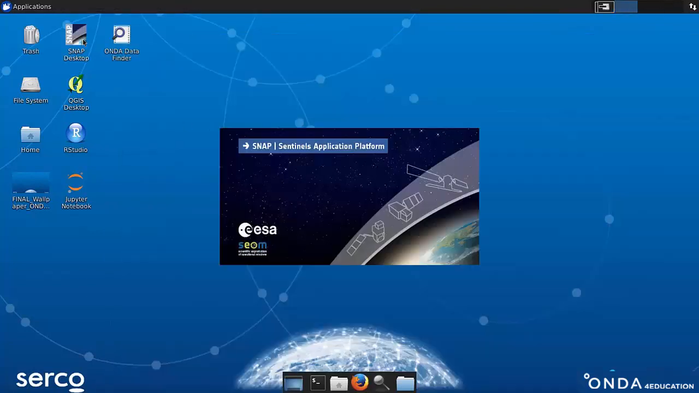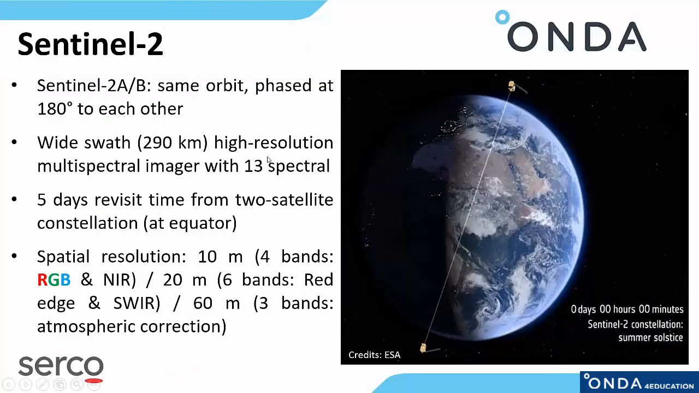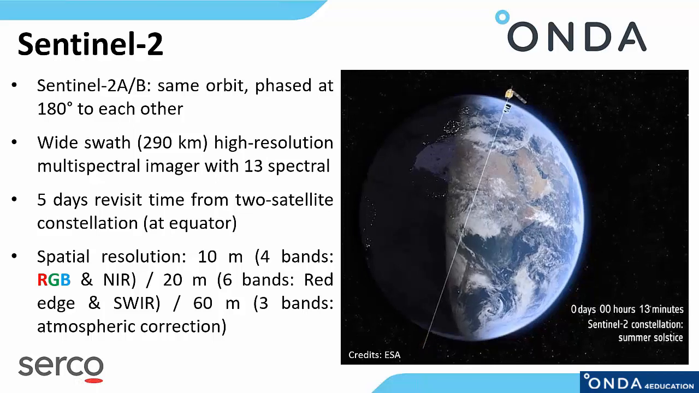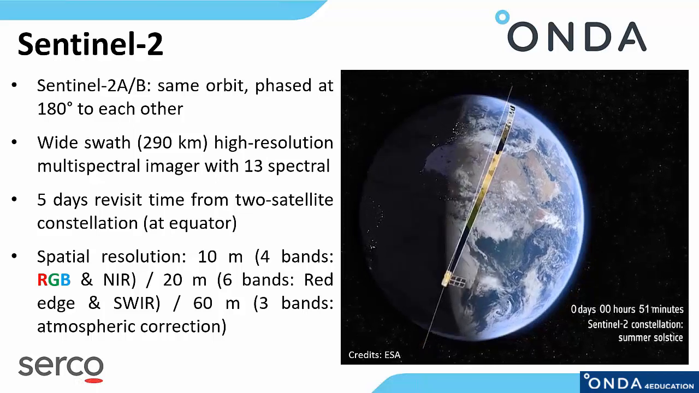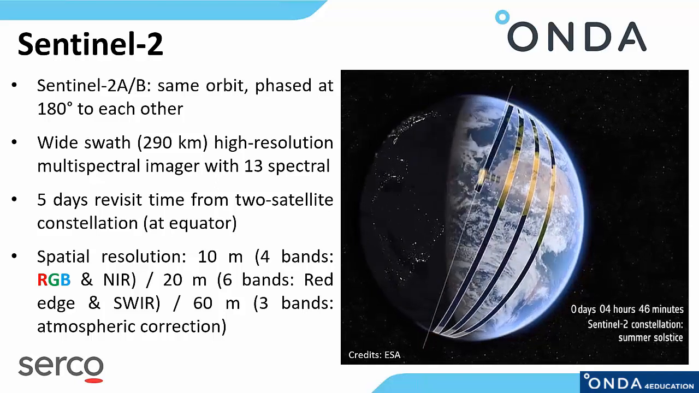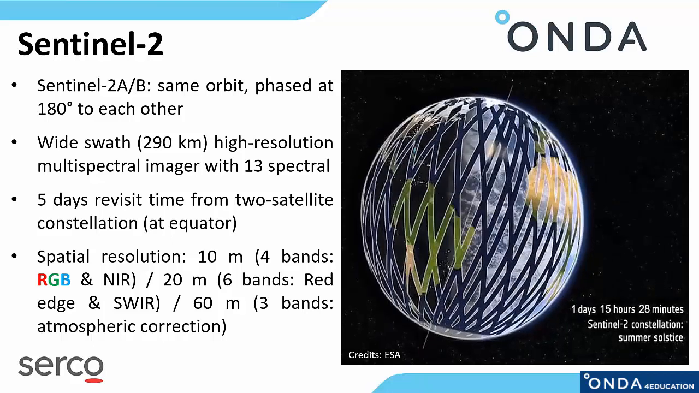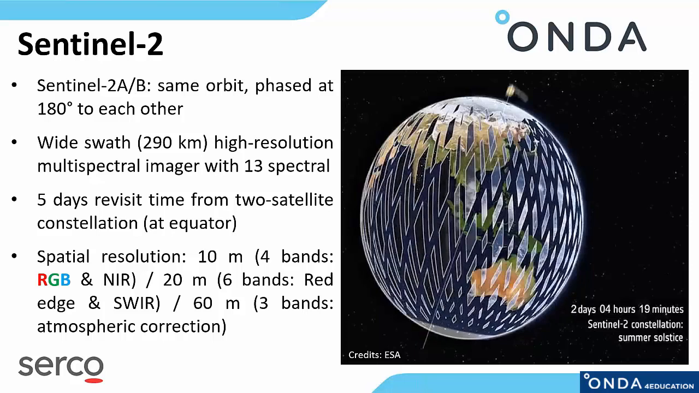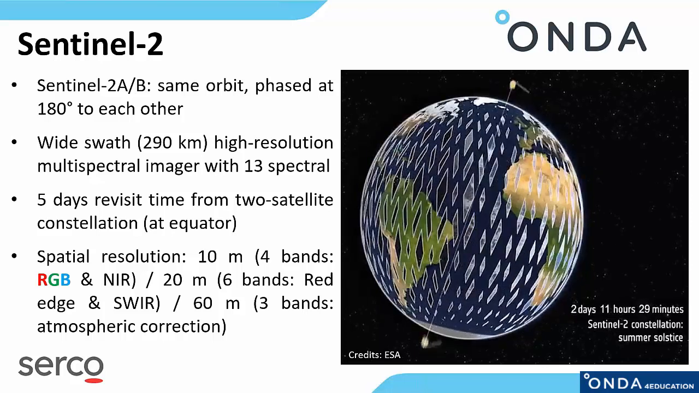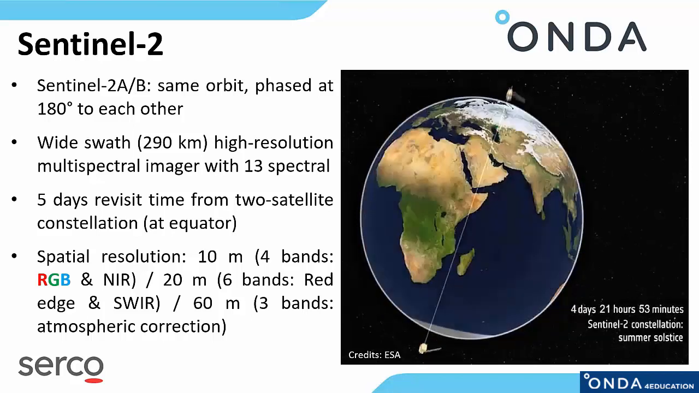So now we are with Sentinel-2, and let me actually introduce you to Sentinel-2. Sentinel-2 is another of the Copernicus missions. It is the main optical mission of Copernicus. And here we're talking about, again, a constellation of 2 satellites. We have the same configuration as with Sentinel-1. We have Sentinel-2A and Sentinel-2B. They are identical satellites in terms of their technical specifications, and they are orbiting at 180 degrees to each other